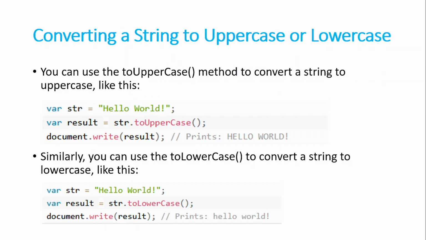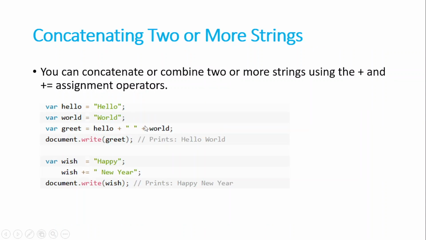We can also change a string into uppercase or lowercase by calling the toUpperCase method. You can see it will return hello world in capital. We can also get it in lowercase by using toLowerCase. So you can see it is now in lowercase. So these are two simple methods that you can also use. We can also concatenate two strings, by adding the plus symbol, you can